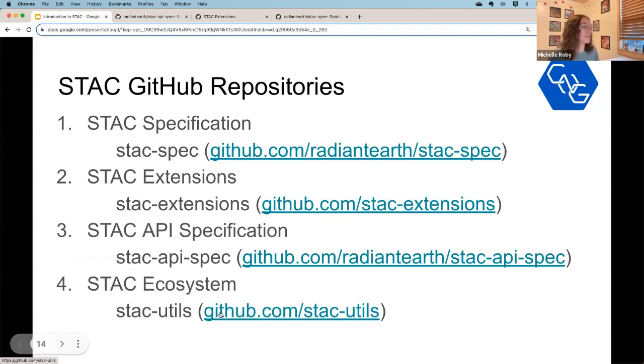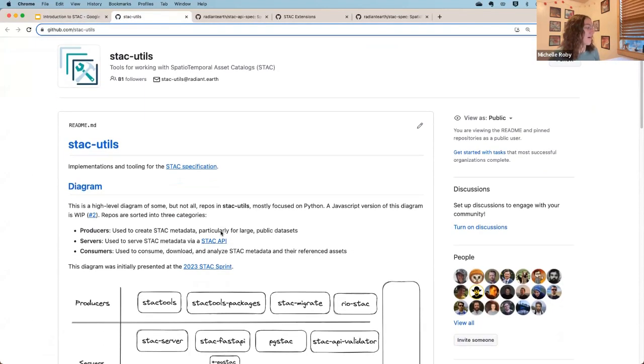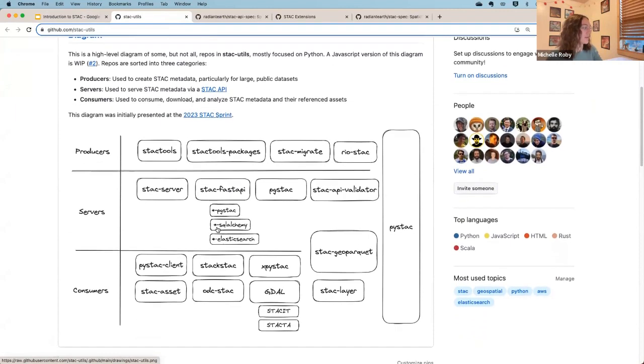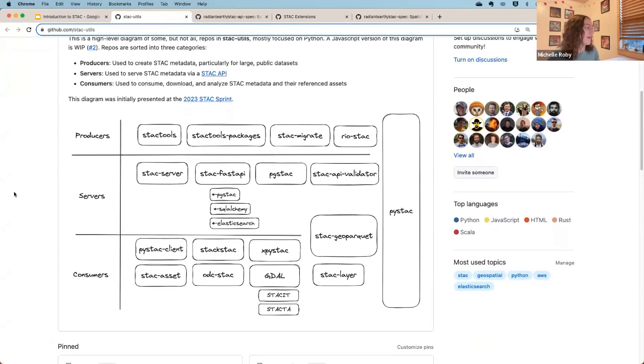And this one is really great because it's where many of the tools that have been built to work with STAC live. So in this place, there are many tools. Here's a visual of who would use a certain tool and which tools make sense for that.